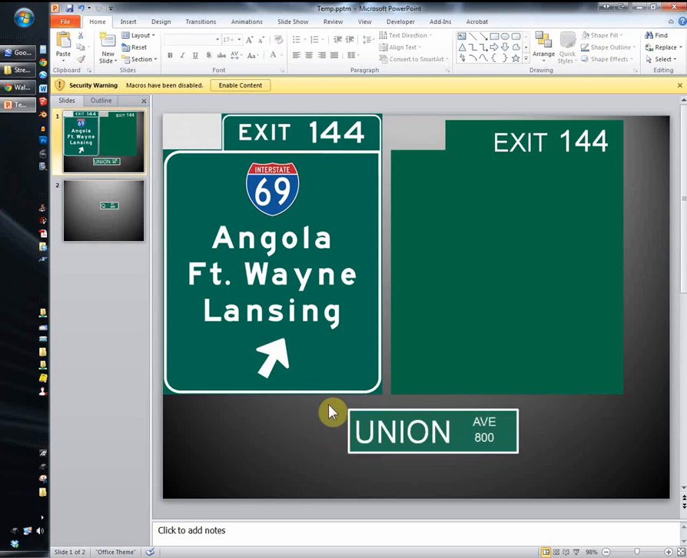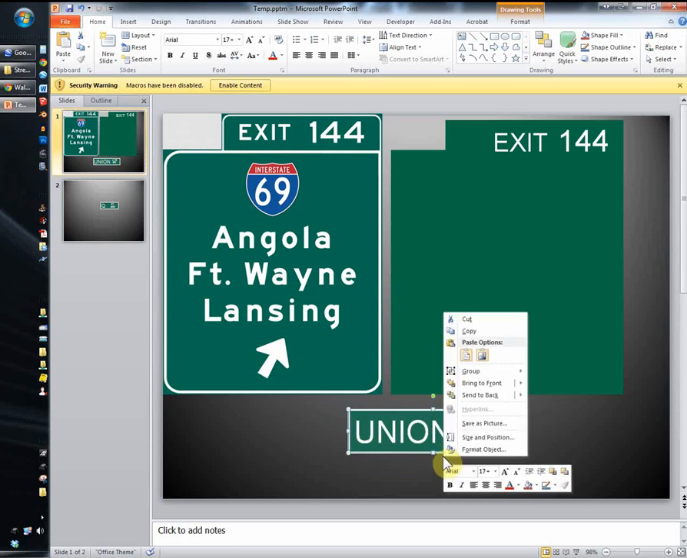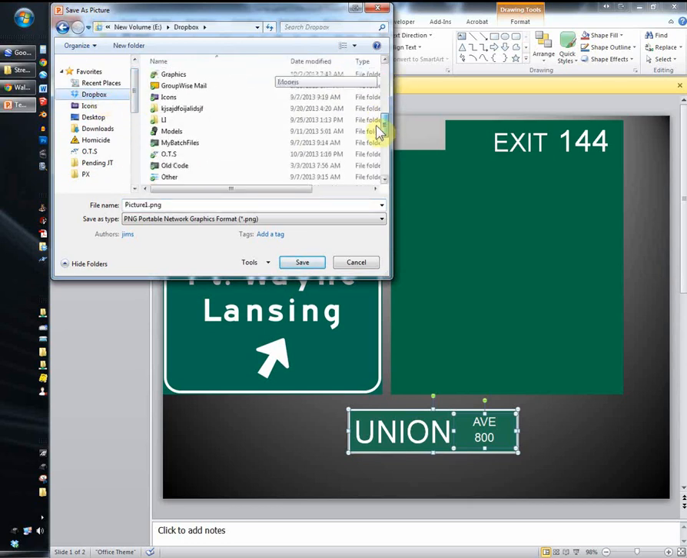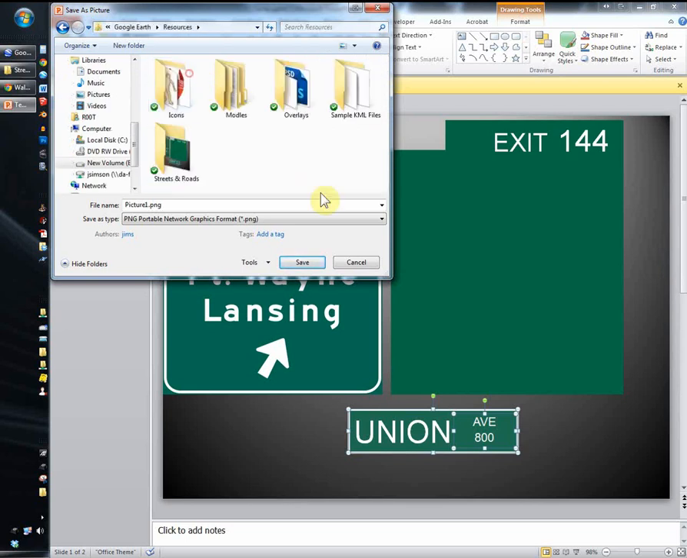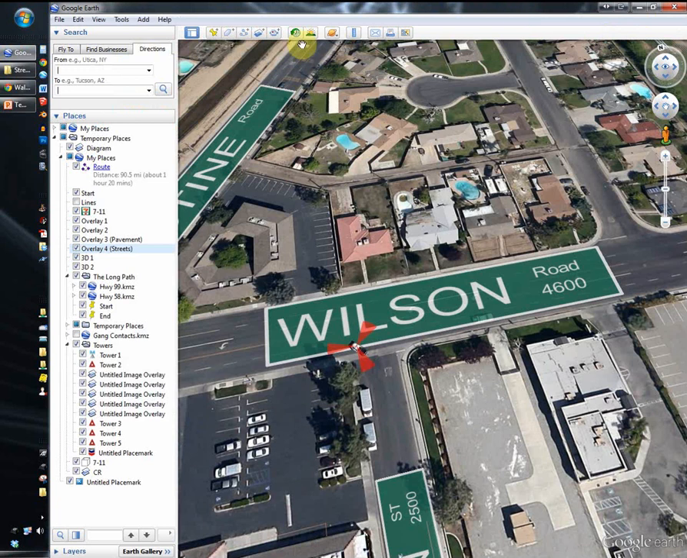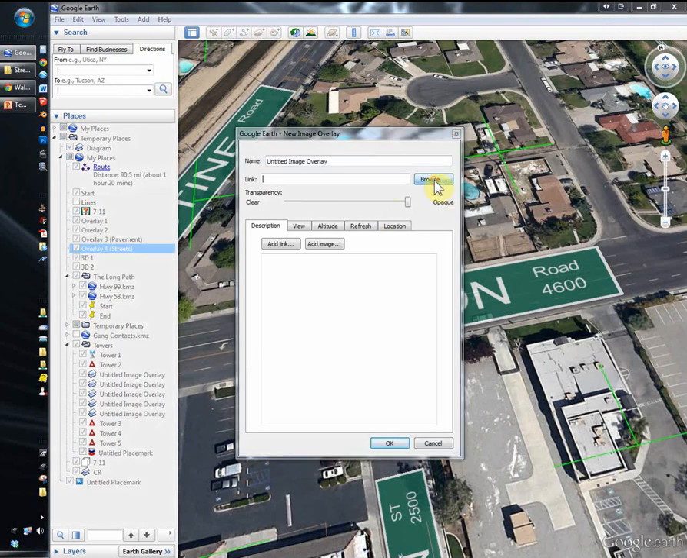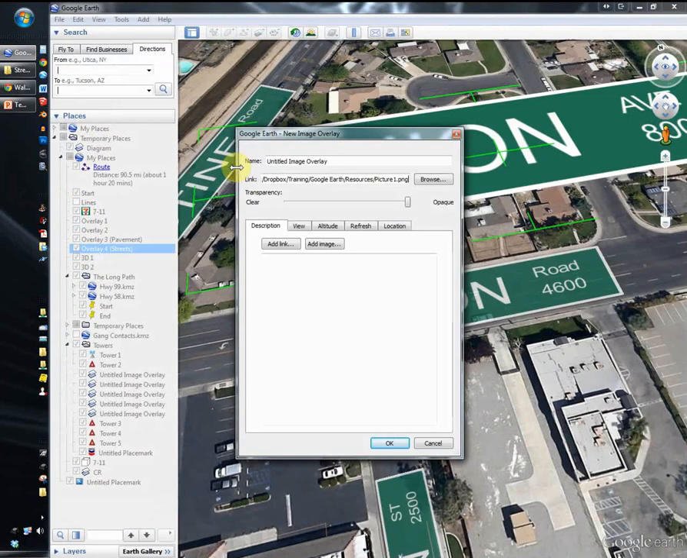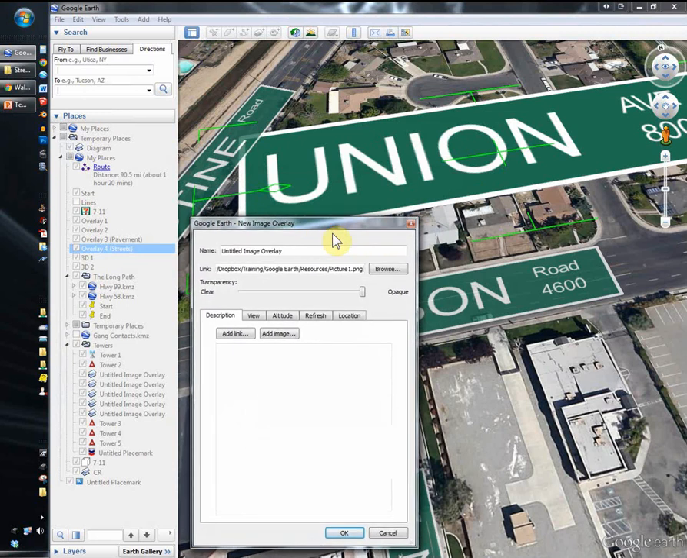Once I've done that, I'm going to left click and draw a box around my image. That'll select everything, and now if I right click, it'll give me the option to save it as a picture, and so I can do that and save it in a location that I know it'll stay and that I can find it. And then when I get out of PowerPoint, if I come and I add an image overlay and I browse, I will find the image that I had just created,